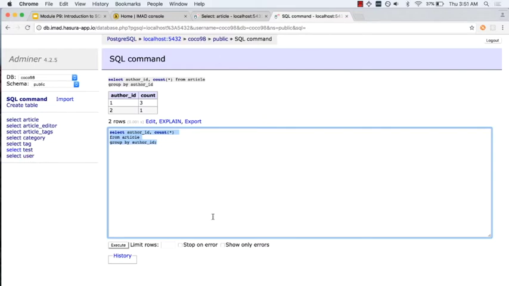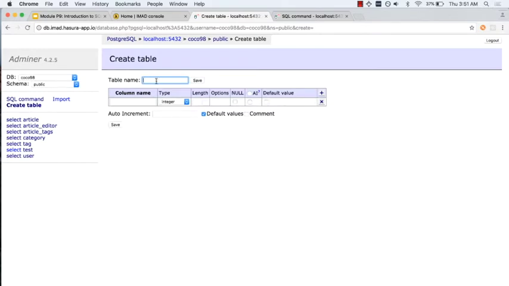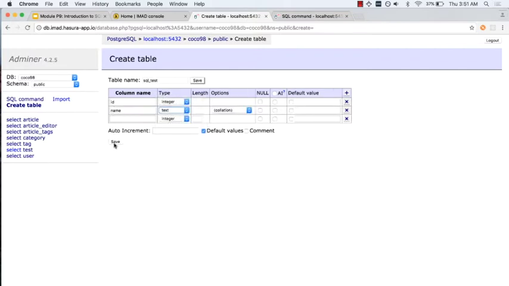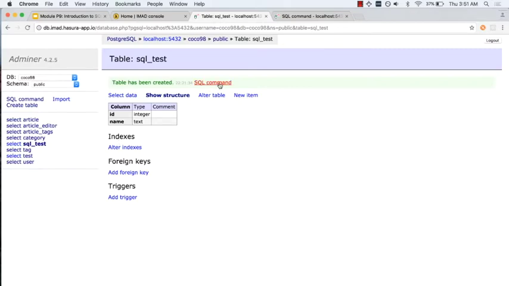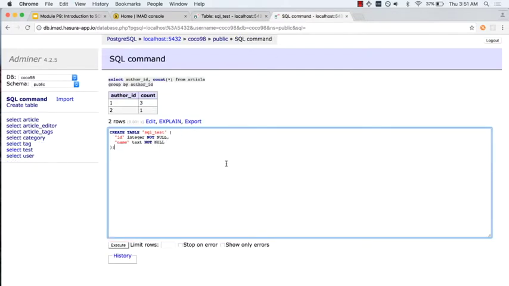Let's now look at something very different. Let's now actually create a table by using SQL. And what we'll do in this case is that we'll actually just use Adminer. So we will go to create table and we'll say create a table called SQL test. Give it a column called ID, which is an integer, and a column called name, which is a text, right? And save this. If you look at the create command, you'll see what the SQL is. And so let's copy paste this SQL and put it into our command window, right? And let's change this to some other name, SQL test 2,